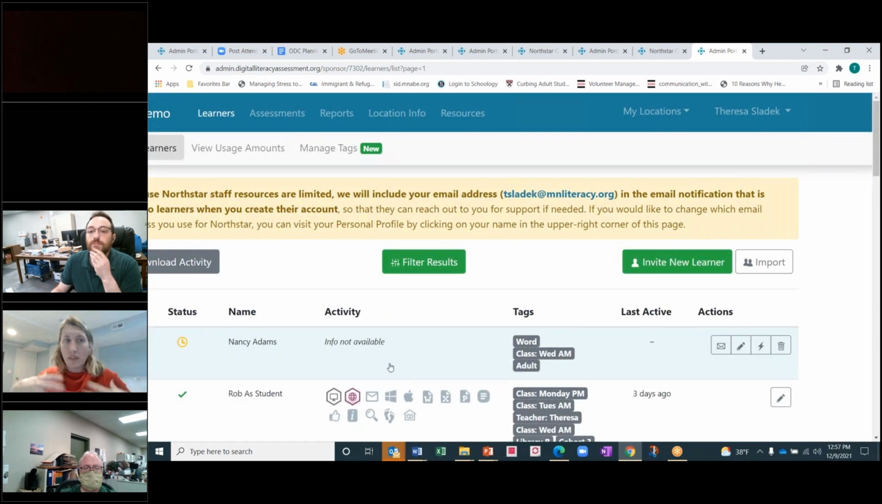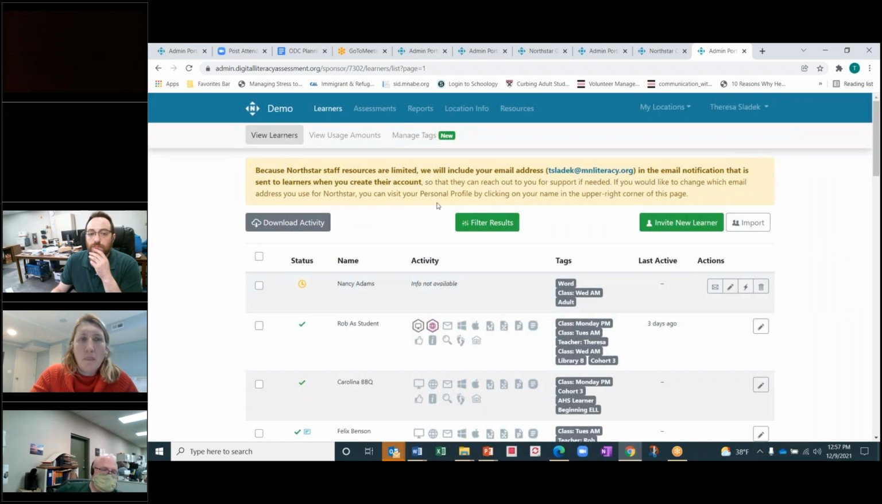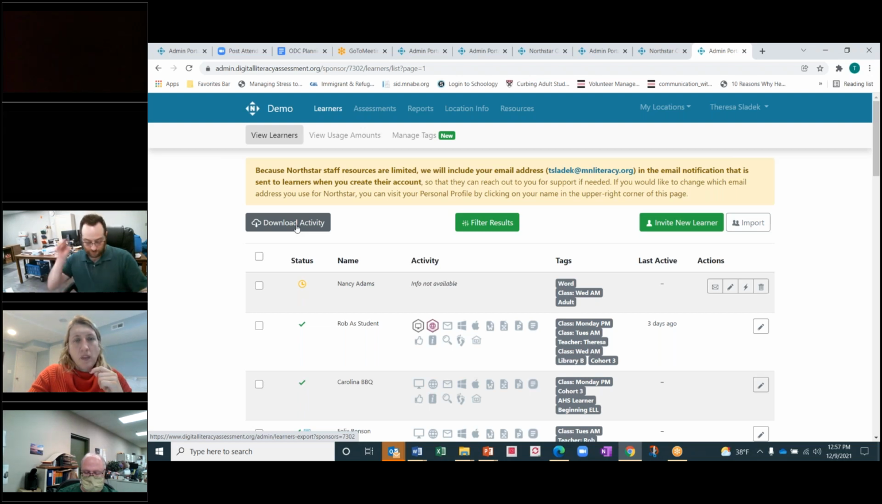So that's some of the things you can see under this Learner tab. Another report, and you can also download this as a spreadsheet so that you can sort it various ways if you want to. I was on the View Learners tab, but if we go to View Usage Amounts,